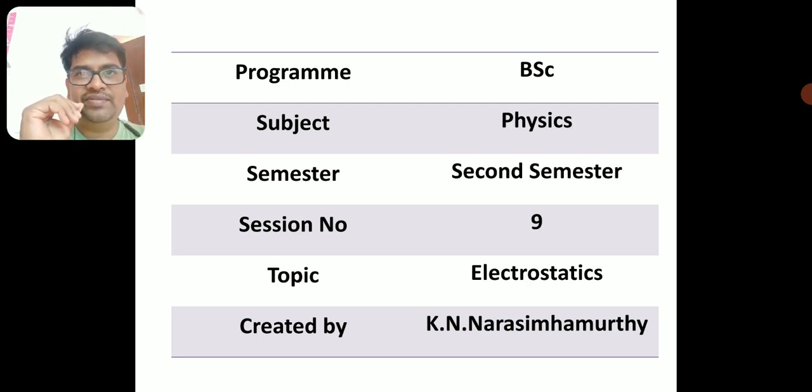So I am still in the first unit. I have covered one small chapter, that is vectors, and I took up a second chapter in the first unit, that is electrostatics. So in electrostatics, today I am going to derive a very important derivation, that is the potential due to a charged sphere. I am going to find a potential at some point P due to a charged sphere.